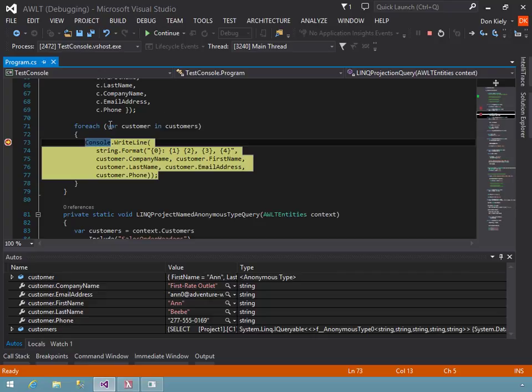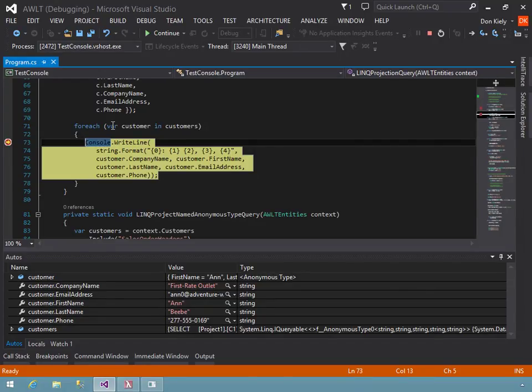By the way, this var keyword right here is pretty much key to using anonymous types. What this is going to do in this particular code is result in an implicitly typed local variable, and the compiler infers the type. I don't know the type when I write this code. It's an anonymous type. So the compiler creates the anonymous type, and the customer's variable is then strongly typed with